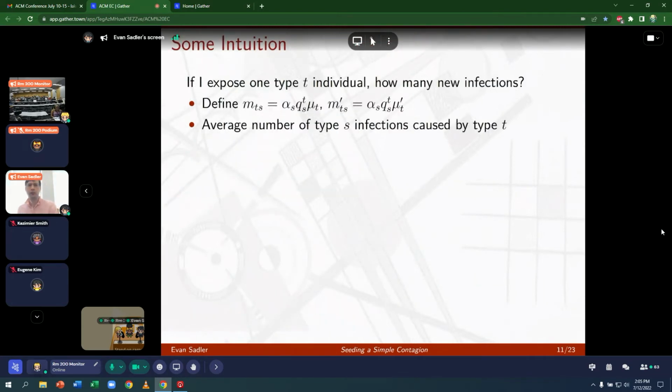Okay, so as far as obtaining the formulas for the seed multipliers, let's get a little bit of intuition for how we can go about doing that. If I expose a type T individual, how many new infections am I going to generate on average? Well, at one step away, I have mu T neighbors on average. A fraction Q_TS of them are type S, and a fraction alpha S of those are susceptible. So this little M sub TS is the average number of type S infections I'm going to cause